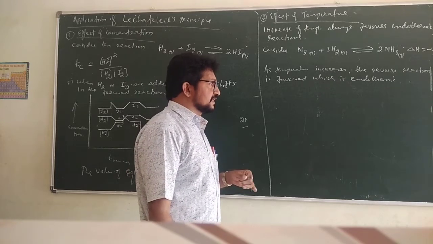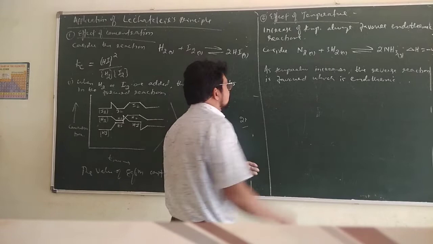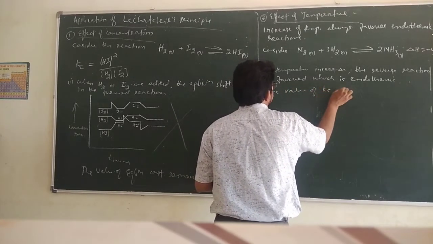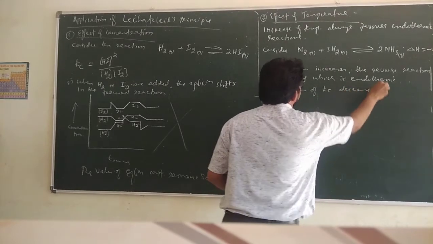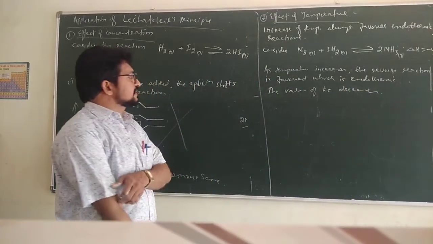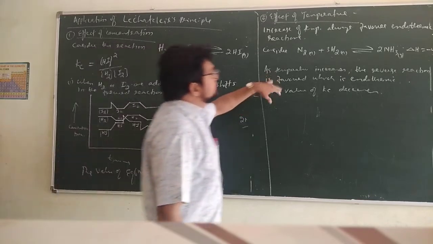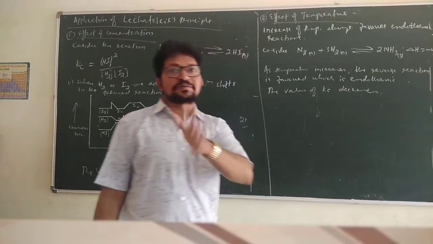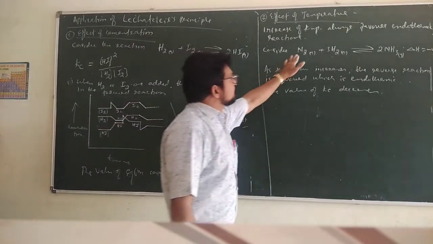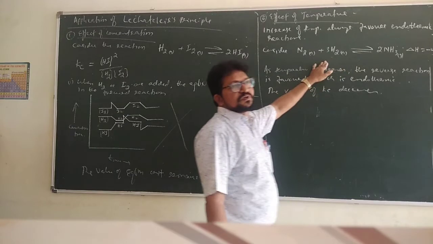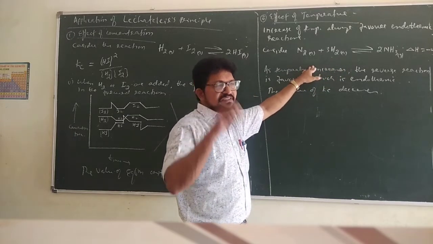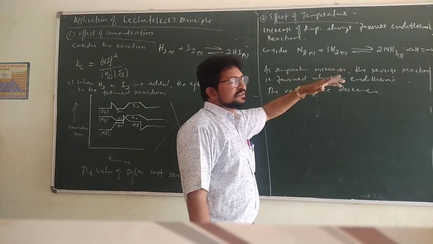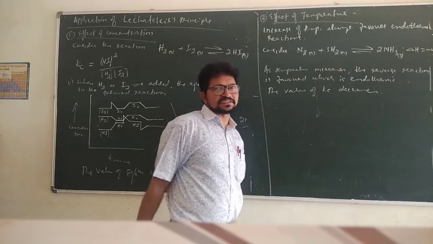If the numerator decreases, the value of Kc decreases. Okay, as temperature increases. And suppose if you decrease the temperature, it has the reverse effect. However, a minimum temperature is required for the reaction to acquire the energy of activation. That we will discuss in the second year, PhD will learn. For any reaction to carry out, to break the bonds, the minimum temperature is required.